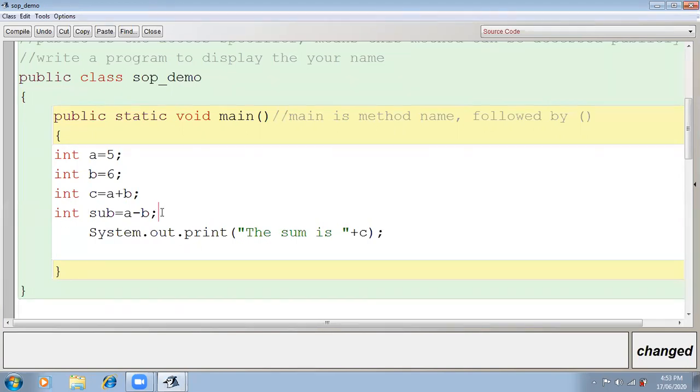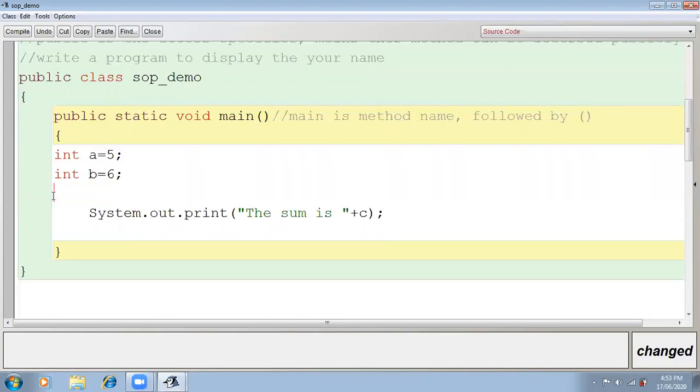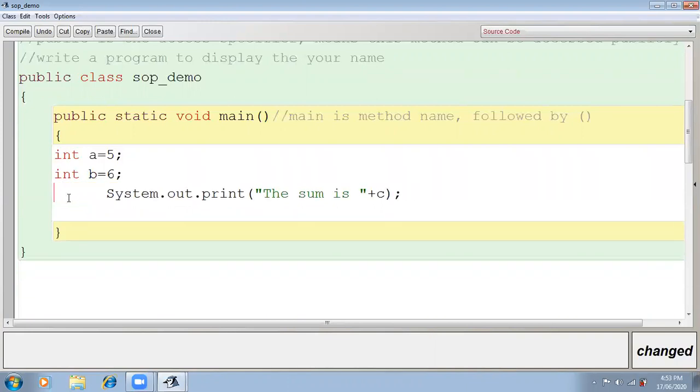But I have another short method. In system.out.println, or in the print, we can write this calculation a plus b in the bracket. So there is no need to declare another variable.